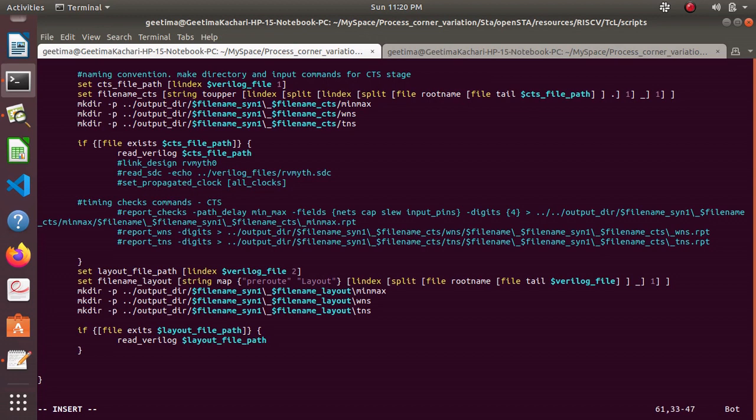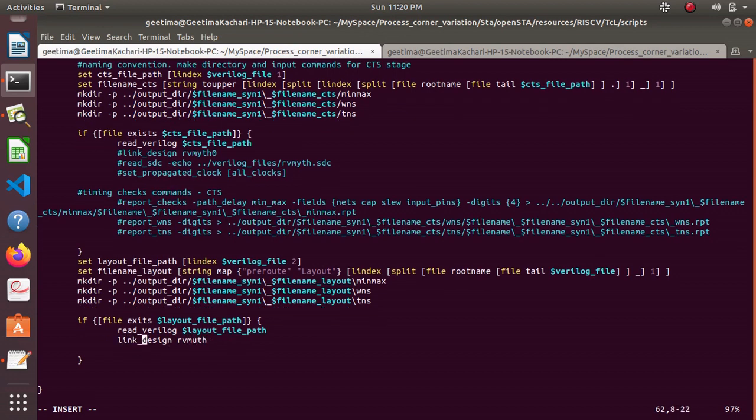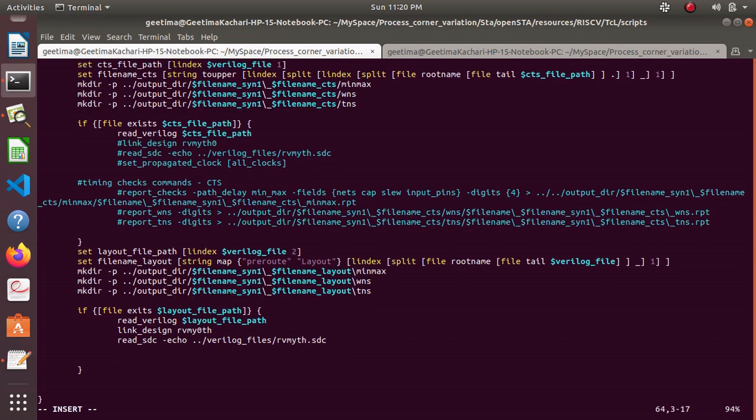Next, link design RB mid. Next, what we have to do is read sdc -echo, Verilog files. The name is rbmid.sdc. Then we need to set